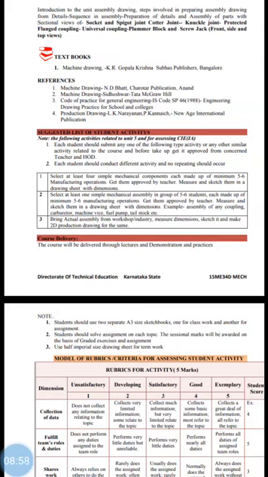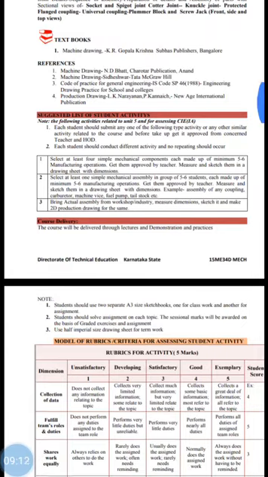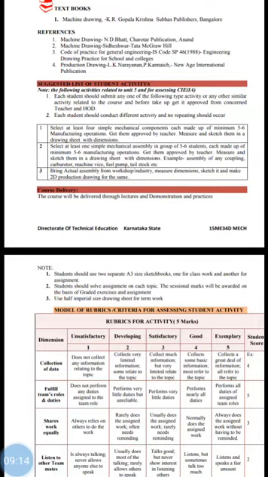the course, and before taking it up, get it approved from the concerned teacher and HOD. Each student should conduct a different activity and no repetition should occur. Here the suggested activities are: first one, select at least 4 simple mechanical components, each made up of minimum 5 to 6 manufacturing